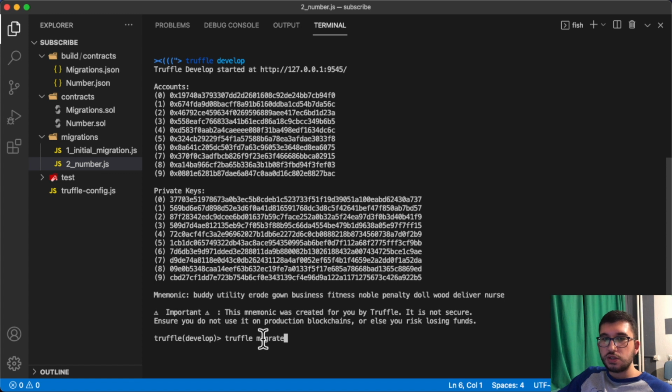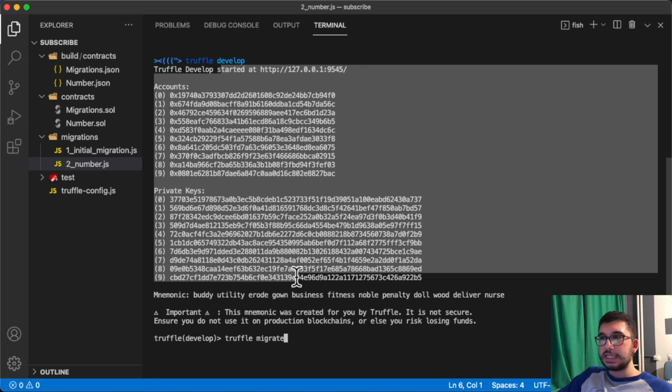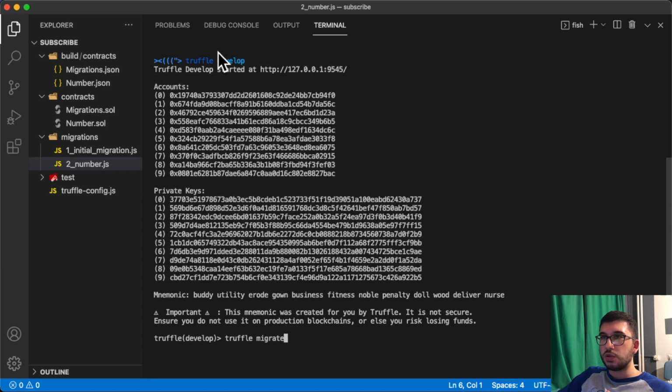And also I didn't mention this, which is very important. Not only did we run the Truffle blockchain with Truffle develop, but we also run this console. And this Truffle console is going to enable us to run Solidity on these commands and also JavaScript, and it will allow us to interact with the smart contracts when that's already deployed. So let's deploy it first by running Truffle migrate, and then we're going to interact with it using this Truffle